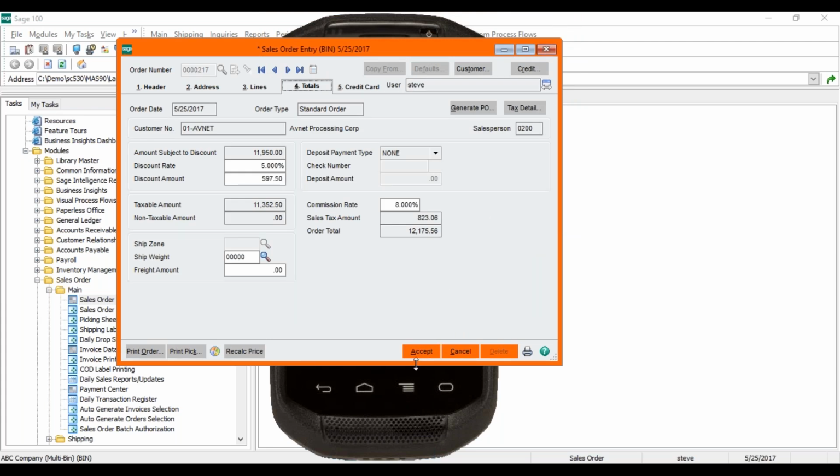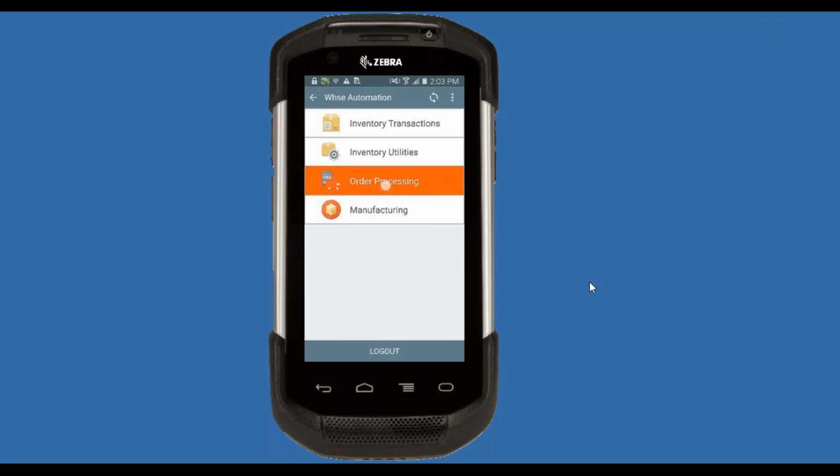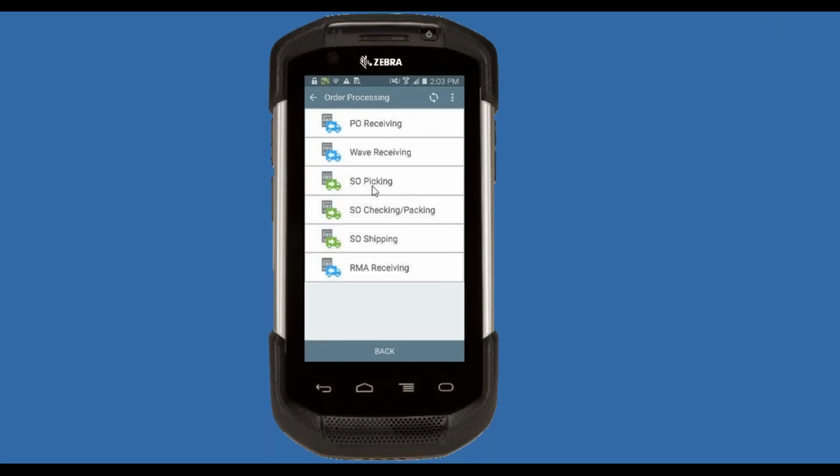So back on the scanner now, we have the option to allow you to do sales order picking, which then you can do a checking and packing, which is what I was mentioning earlier about the pick, pack, and ship. That allows you to stage an order. Maybe it's just for a day, a few hours, or whatnot, but you're allowed to stage that then without creating